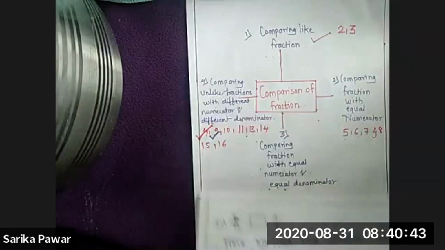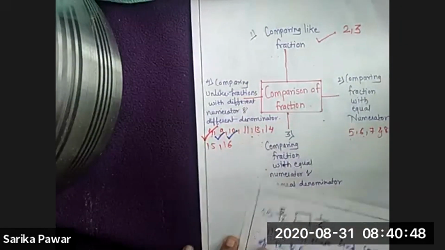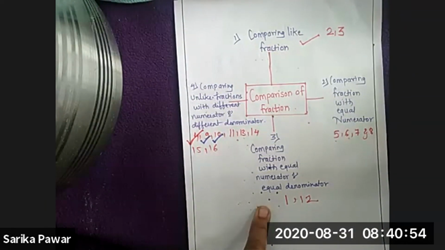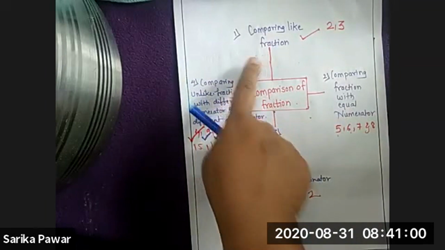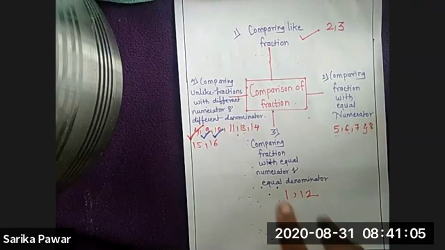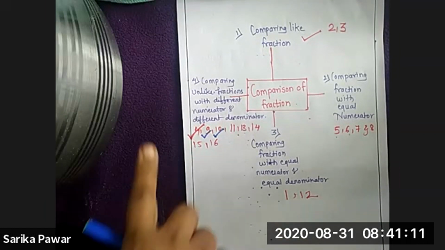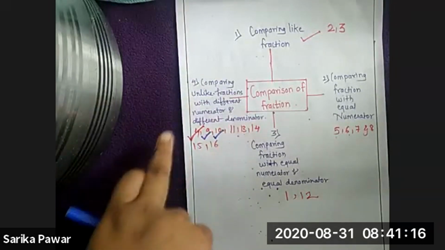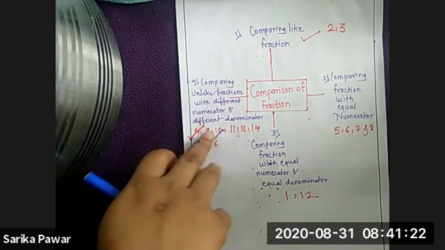Yes. Now see, we solved problem number 10. Now let's move towards problem number 11. Why did I separate these examples? Because the second example and third example follow the like fraction rule. Problems number 5, 6, 7, 8 follow the equal numerator rule. And problems number 1 and 2 follow the equal numerator, equal denominator rule. And the rest have different denominators and different numerators. These are examples based on comparing unlike fractions by converting them into like fractions.